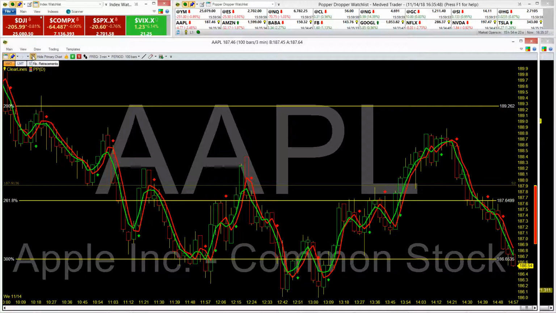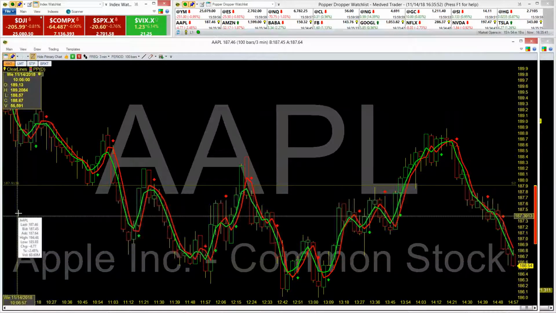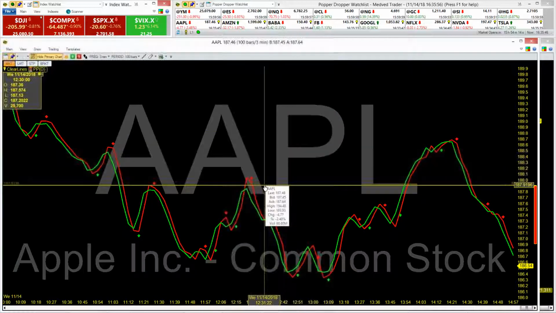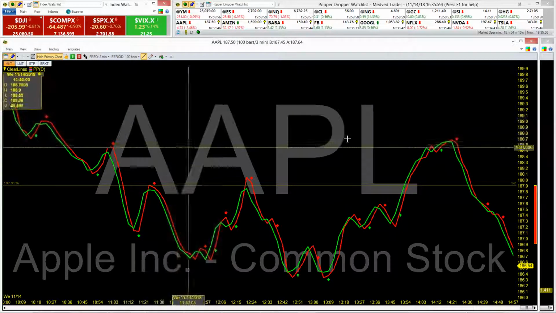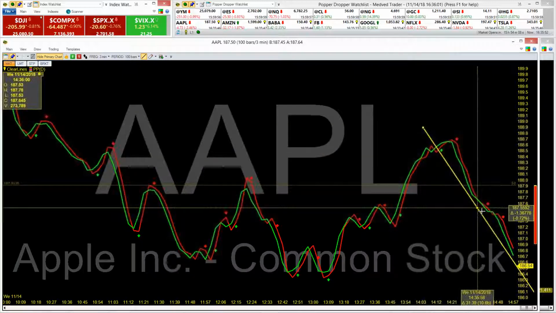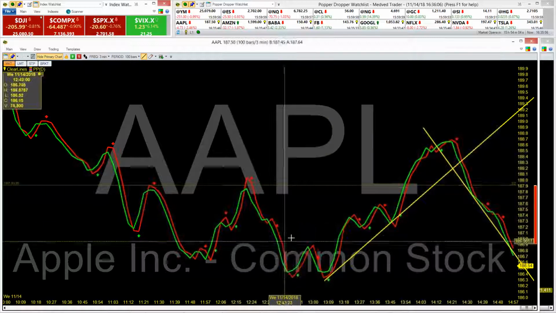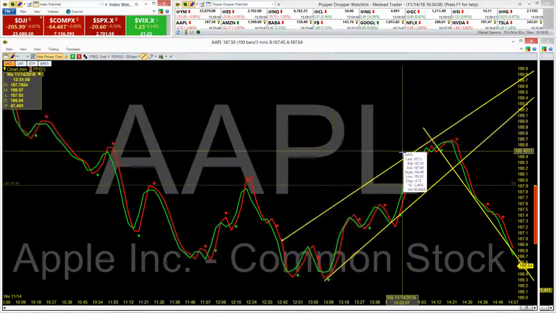So that's another really great tool, the ability to draw Fibonacci's. And again, you don't have to use the price charts, but you can if you want, the candlesticks. You can also draw trend lines on the charts. So if you're looking at channels,